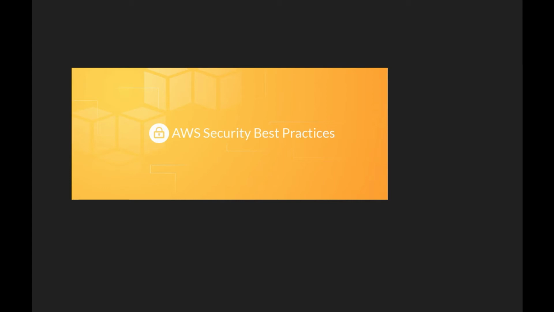Hello everyone. This is a video demonstration, actually an explanation of the security best practices in AWS, which is Amazon Web Services. Everything is connected to Amazon Web Services via the internet. There can be VPN connections, but most of the time we deal with the public internet in order to make use of Amazon Web Services and its applications.